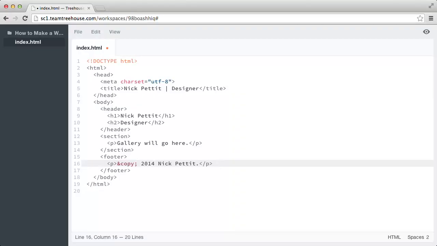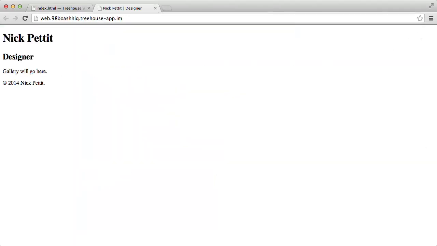Now, let's save our web page, and we're going to preview it. However, before we open the preview window, I want you to try and visualize what you think the page will look like. Now, let's open it up. Does the page look like what you were expecting? Right now, it's pretty underwhelming. It's just a white background and some black text, and only the most basic default styling that's been applied automatically by the browser. We're going to add lots more life to this page with CSS, but first, we need to